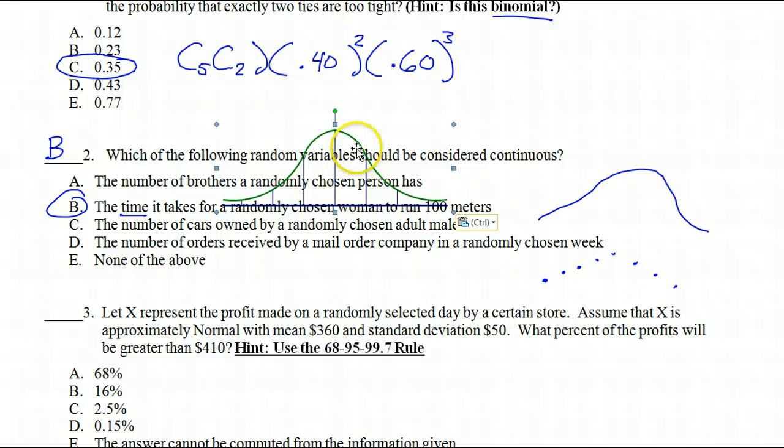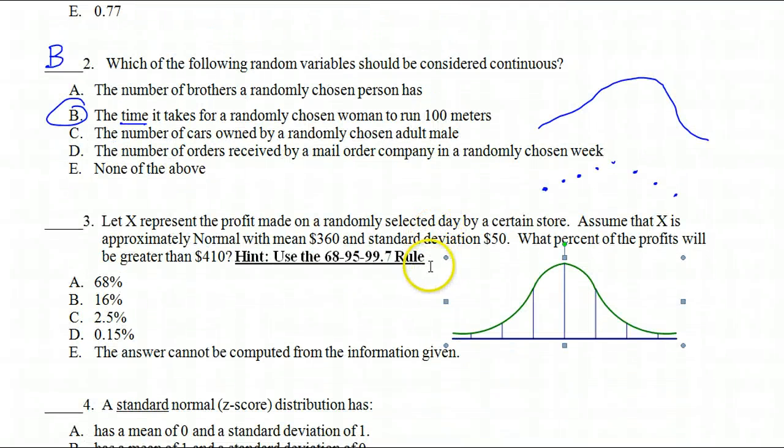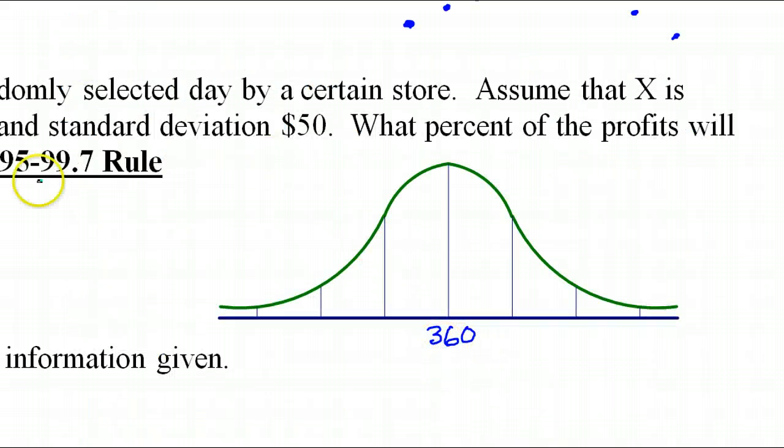I'm going to cheat a little bit and cut and paste a nice normal curve into my situation and use that. All right, but you had to sketch it your own self, didn't ya? I think I'll zoom in a bit. They said the mean was $360, so that goes right in the middle. Now they said the standard deviation was $50. So since each one of these lines is going to be 1 standard deviation higher, that means this is going to be